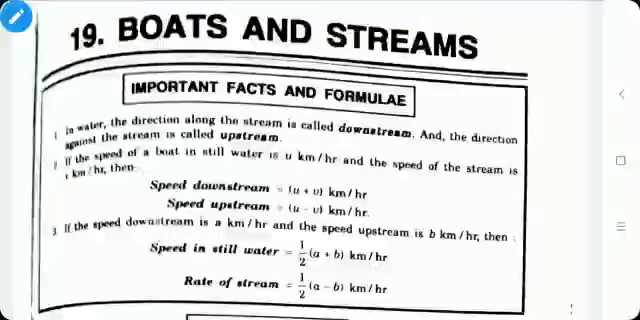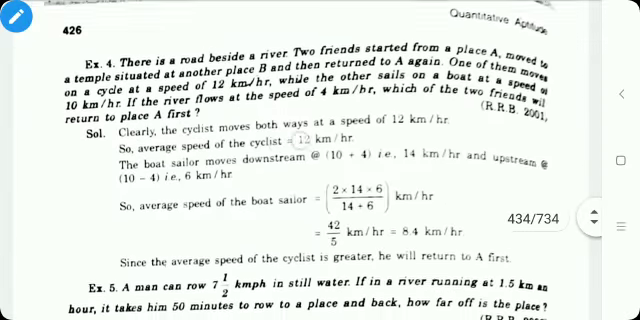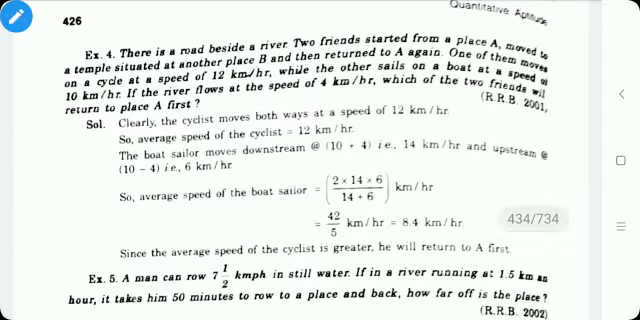Dear students, in the last section we have seen some problems on boats and streams. In this section we will see the remaining problems on boats and streams. So the next problem is,